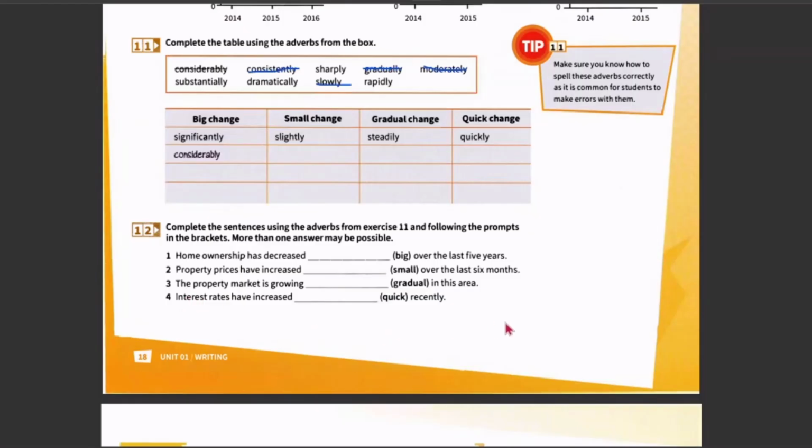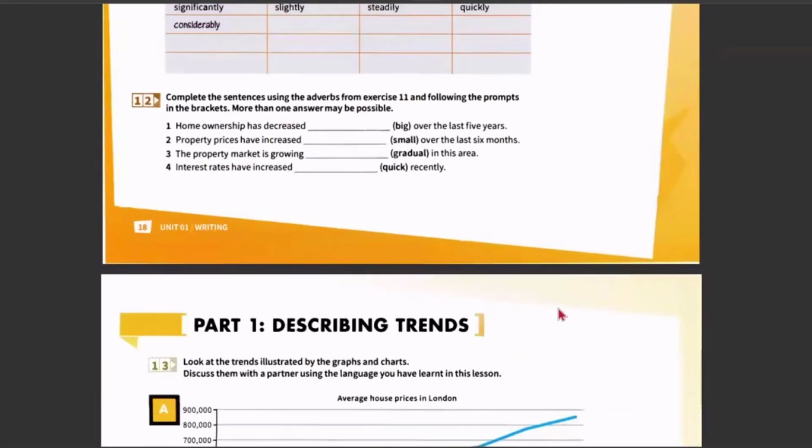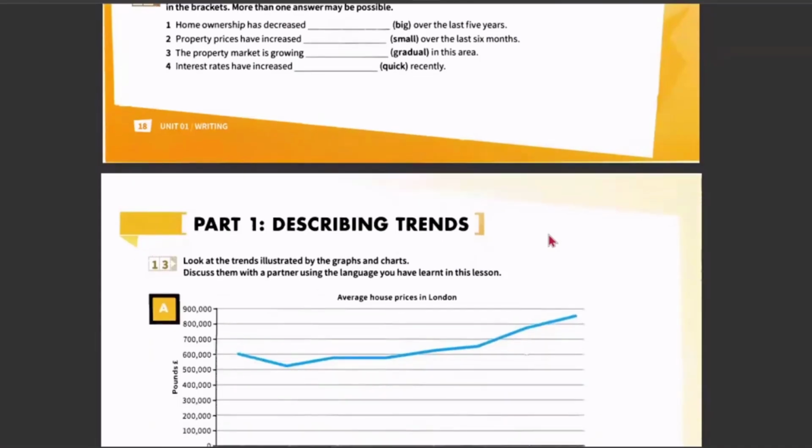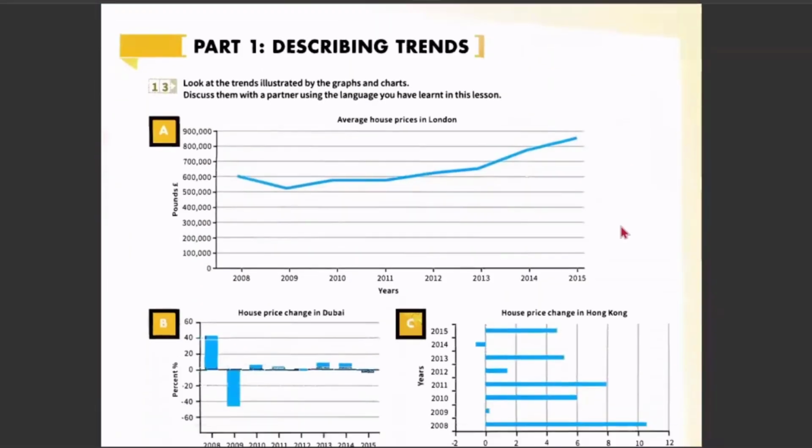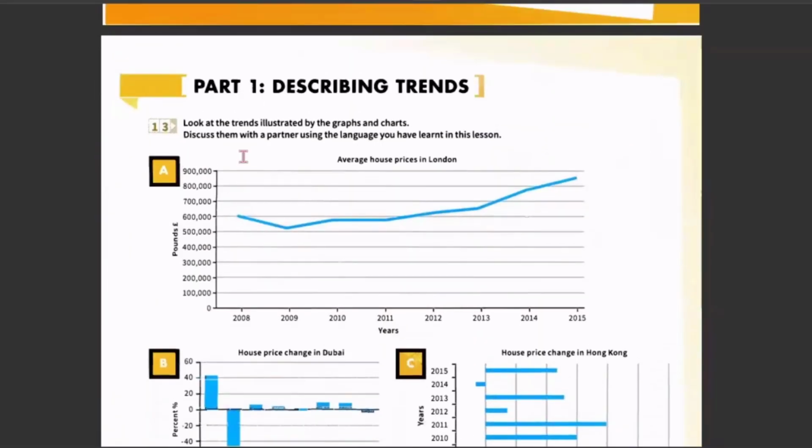Last one. Interest rates have increased sharply recently. Excellent. Sharply, quickly, and rapidly. All three are correct. Very good. Well done. So this was the 12th activity, where we learned the usage of the adverbs that we just saw. Now, moving on to our